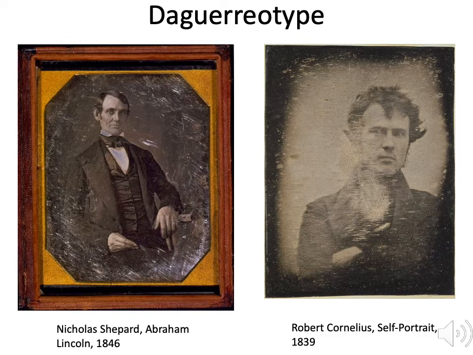So despite its inability to replicate copies, unlike the Talbot process, which was able to make copies, the daguerreotype produced only one-of-a-kind images. But millions of daguerreotypes were produced through the 1850s. People loved it. They called them mirrors of truth. They reflected like a mirror when you looked at them, especially at different angles, like I was saying before. Here's a couple pictures of daguerreotypes. Of course, you can't see that mirror-like effect here in the photograph.